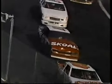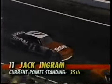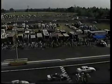He finished 2nd here in 1989. And he's still looking for that first victory, though, since 1987. It's been quite a dry spell for the Iron Man, Jack Ingram. Now, the Gary Neese machine has been removed from the Speedway, but what's keeping us from going back to green